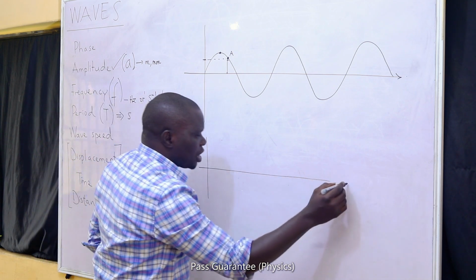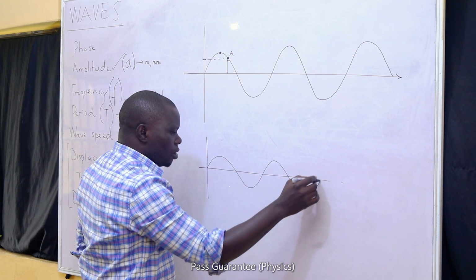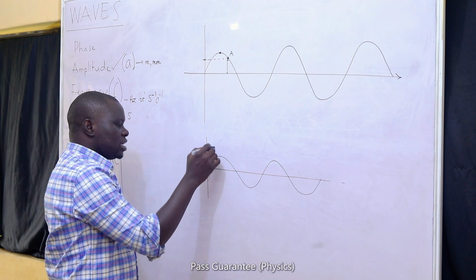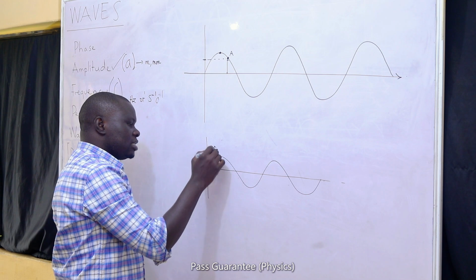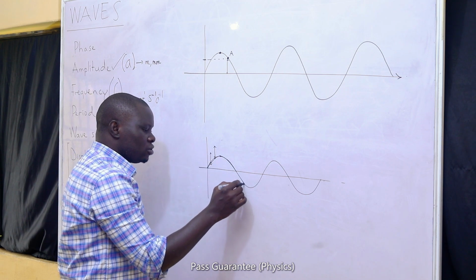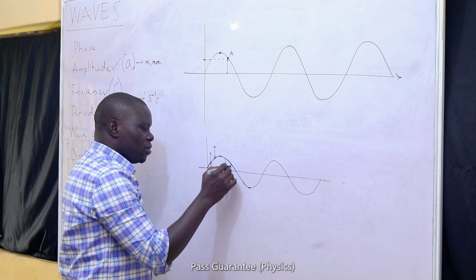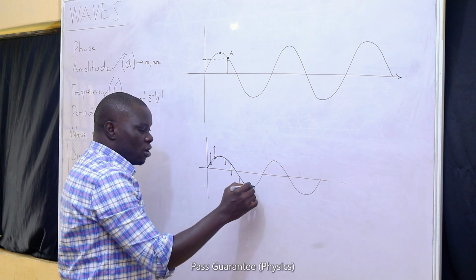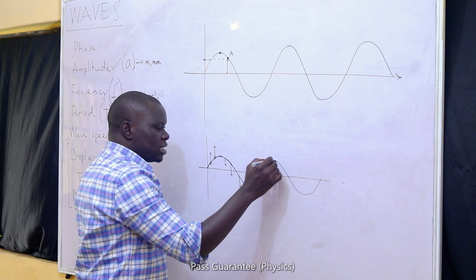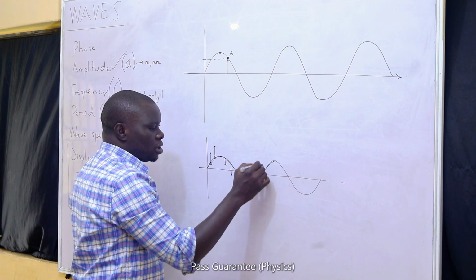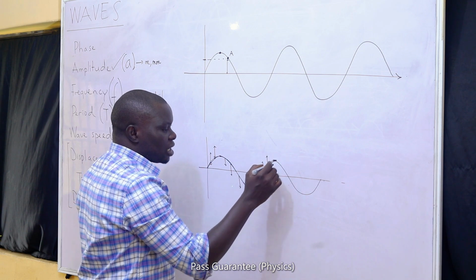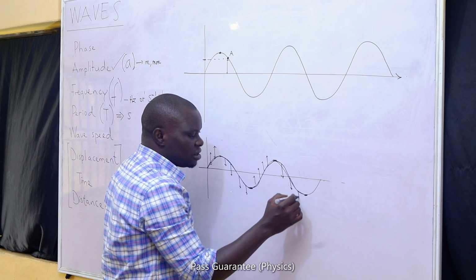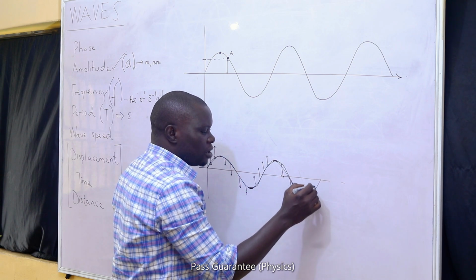All you just need to do is draw the wave. If this is to be the movement of a person, we'll discover that all the points here are moving upward until they get to the maximum height. Then from the maximum height down to this edge, the points here are moving downward. Once they get to the trough, all points from the trough back to the next crest will be moving upward. Once you get to the crest, as you move down to the next trough, all the points here are moving down. If you get to the trough, all other points are moving up.